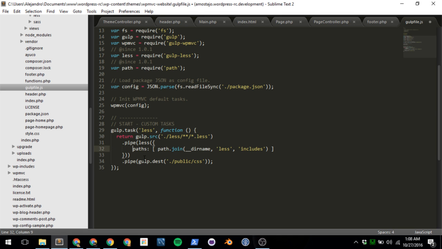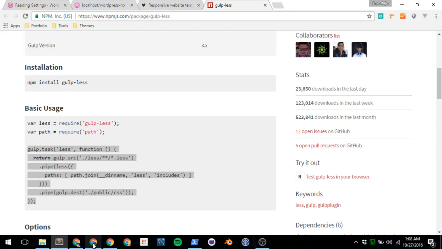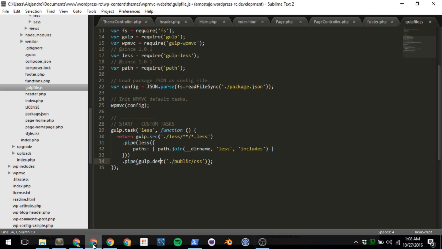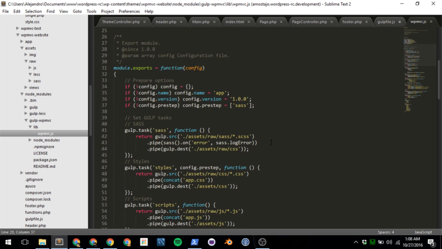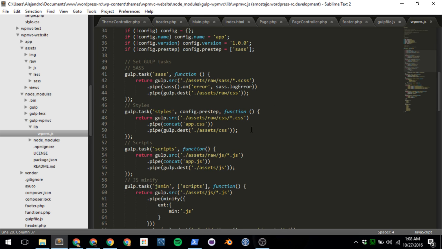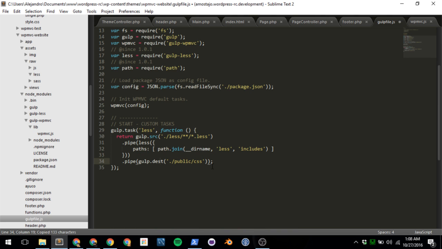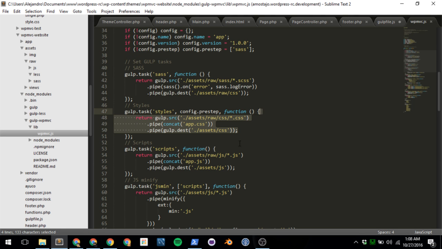As reference, what you can do is come over here and look for the gulp package that is installed in your installation. If you come to node_modules, you will see the gulp WordPress MVC over here and the library. This is an example of how this is being processed. We can copy this information for our, where's the SASS? The SASS is like this. So we can copy this information for our